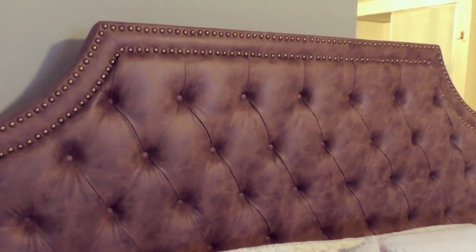It's got this, I don't know, what is that? It looks kind of like leather, I don't know, rivets in it. It's just absolutely riveting. It's beautiful. So I'm in love with the headboard, but like I say, it was a sale, and honestly, I think it's because the pictures didn't do it justice, and they sold on that sale day. We got one, and I'm thinking if anybody else saw how beautiful this was,